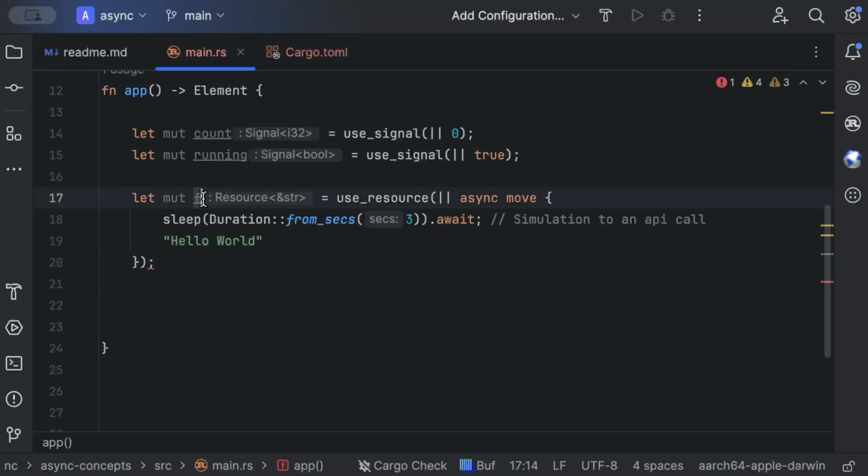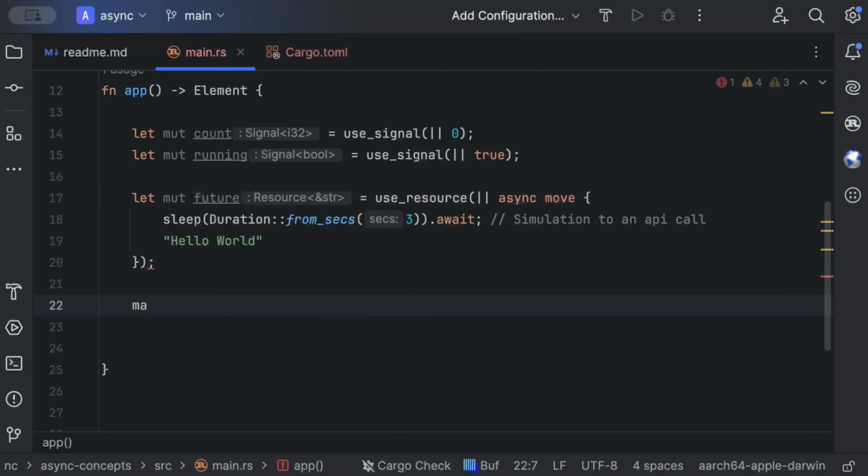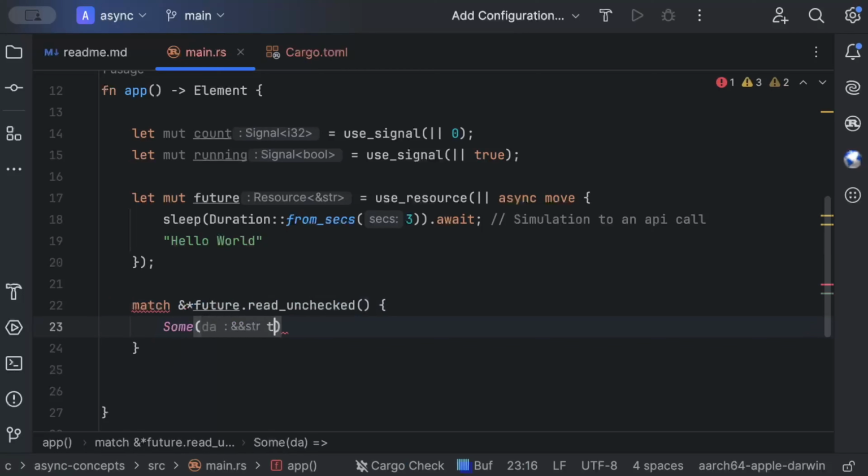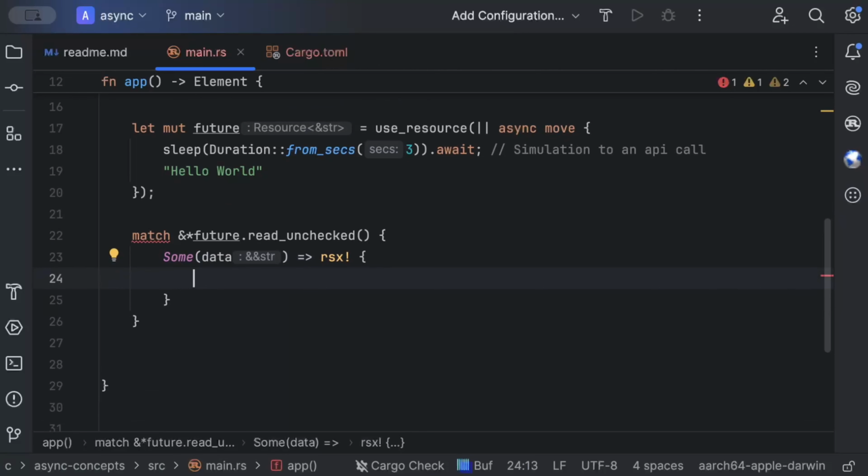And here what we'll do is match future.read_unchecked. So if we get some data, we'll use rsx,